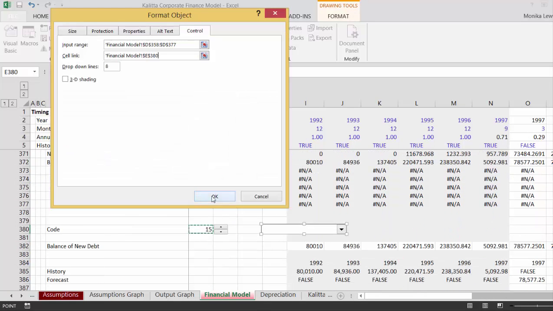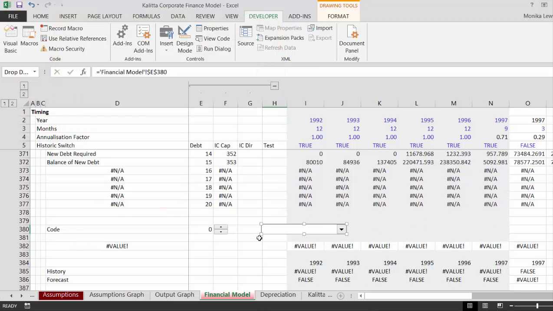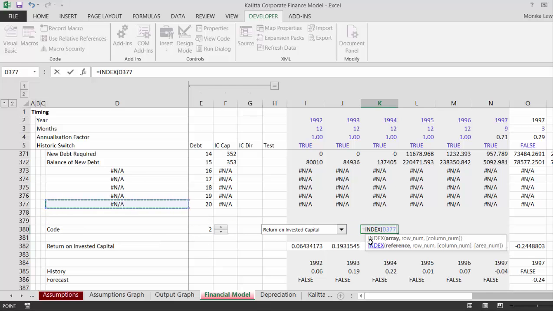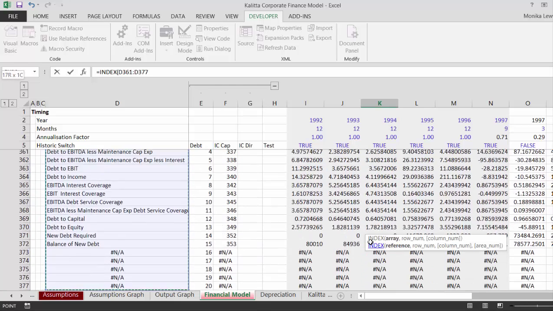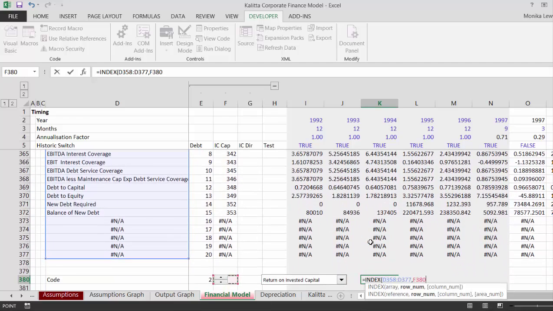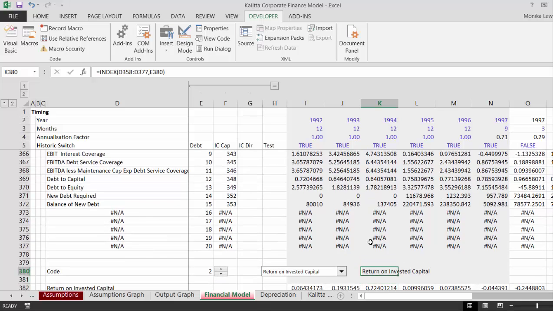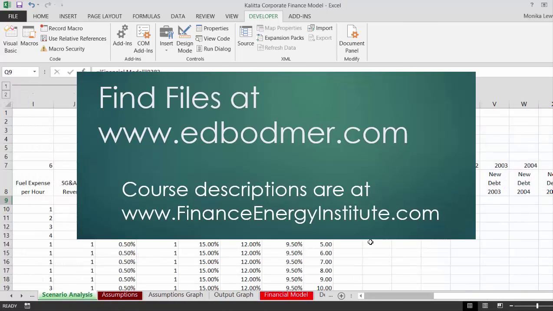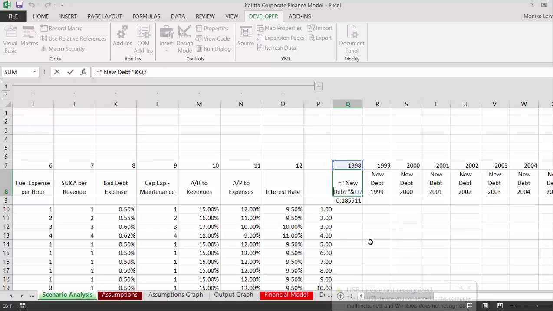Just put it in one single column. Okay, and then let's just do the same thing, index. So we just are getting overdosed on the index function here, and we put a comma, and we go back to this one, and instead of just putting new debt here, we put